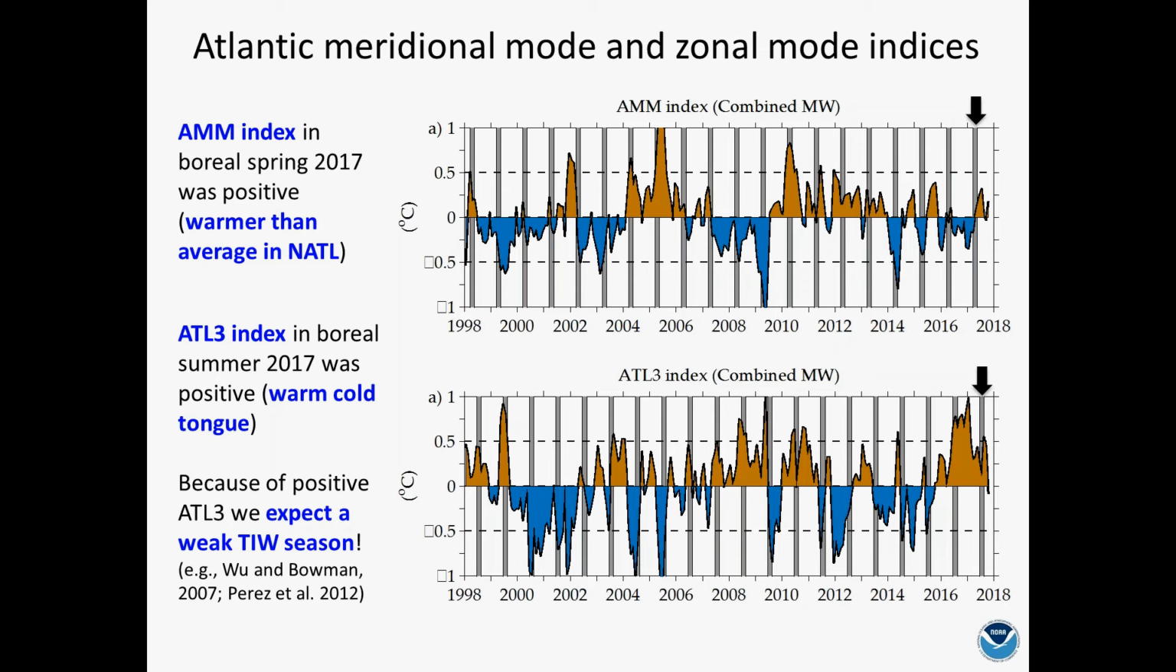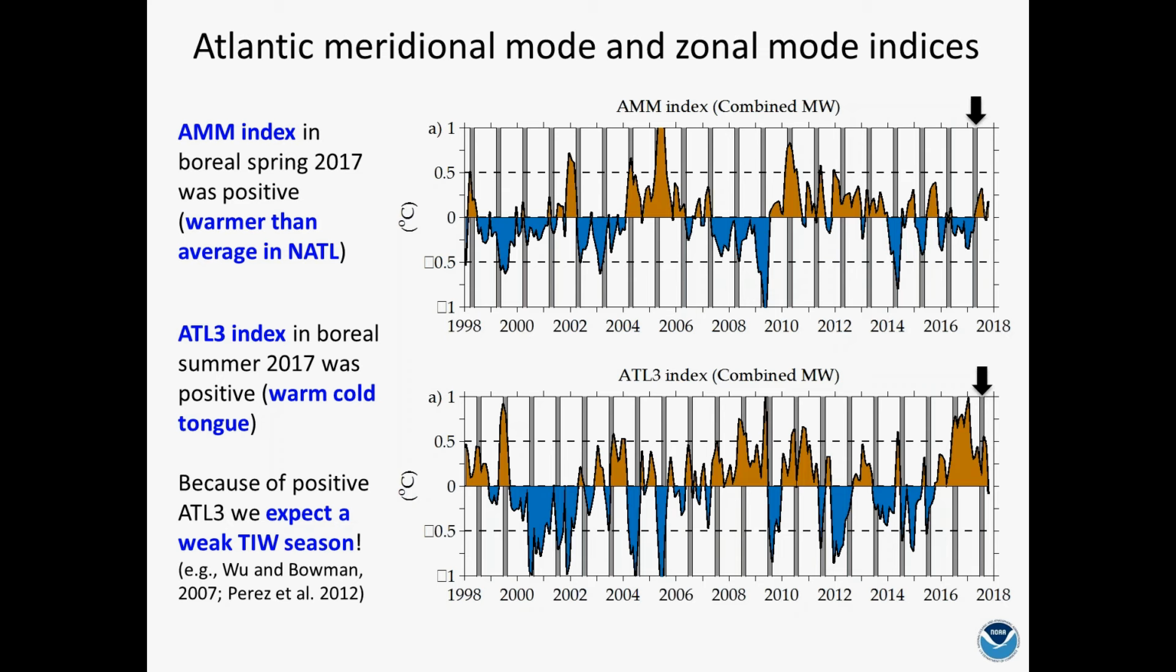Because of previous studies, when we have this anomalously warm cold tongue, we expect to have a weak tropical instability wave season. We had found this anti-correlation in previous studies: when this is positive, you have weak TIWs. When it's negative and you have a cold tongue, you have strong TIWs. And that's